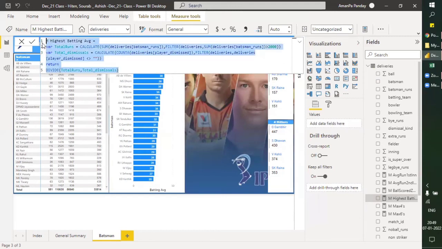First of all, let me explain the concept on which it is built. First of all, the batting average, how we calculate that.